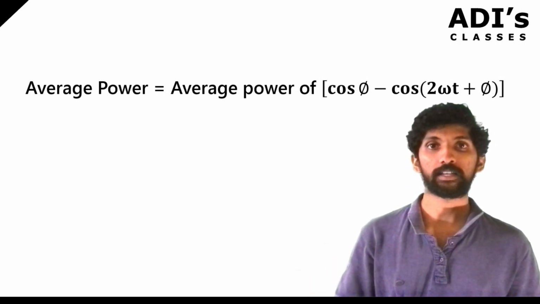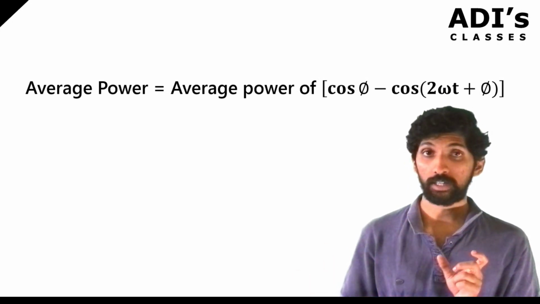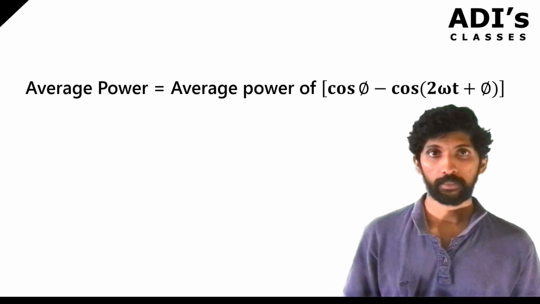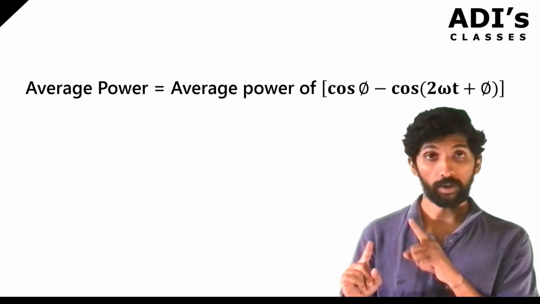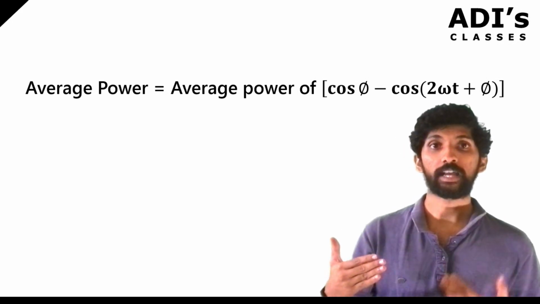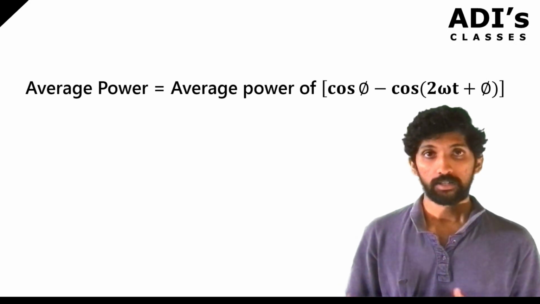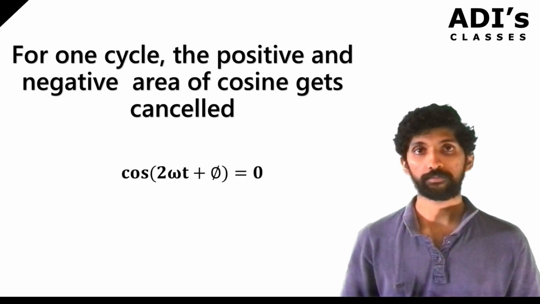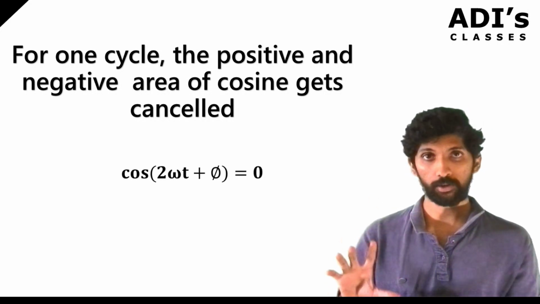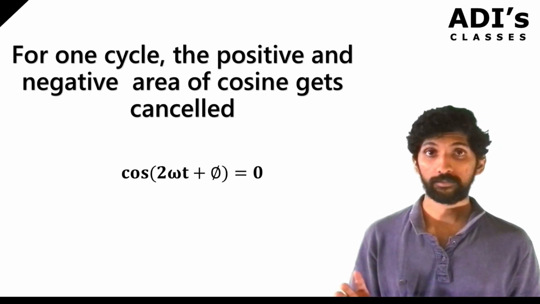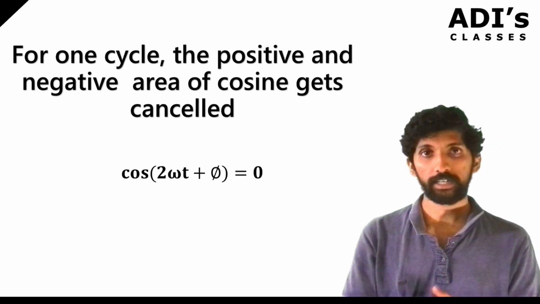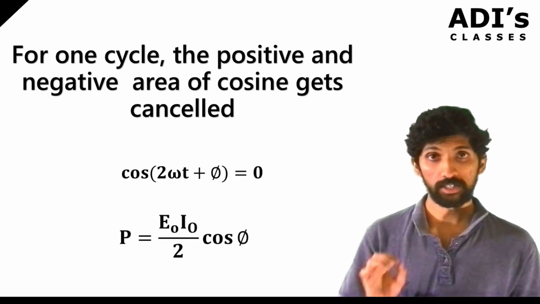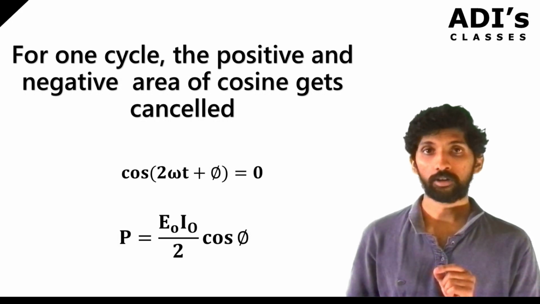Now what we are looking at is the average power over a cycle, correct? So the average power over a cycle will be the average of the RHS, which has cos phi and cos of 2 omega t plus phi. Over one cycle, the positive half and the negative half of the cosine will cancel, correct? So the cos of 2 omega t plus phi will become 0, because the positive half cycle is positive and the same thing for the negative half becomes negative, meaning the overall value will become 0. So we end up with just P is equal to E naught I naught by 2